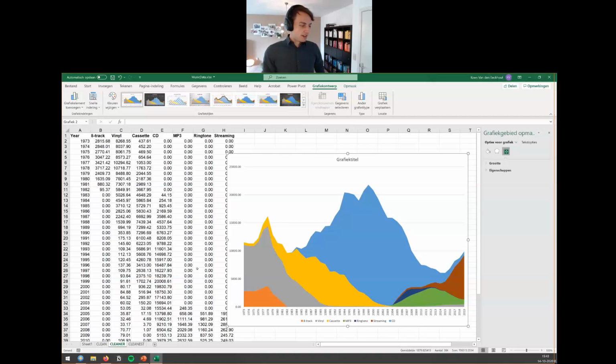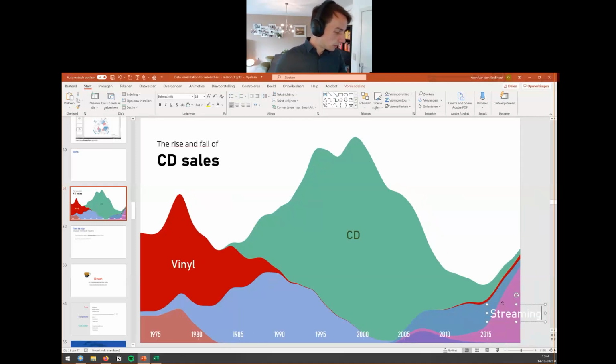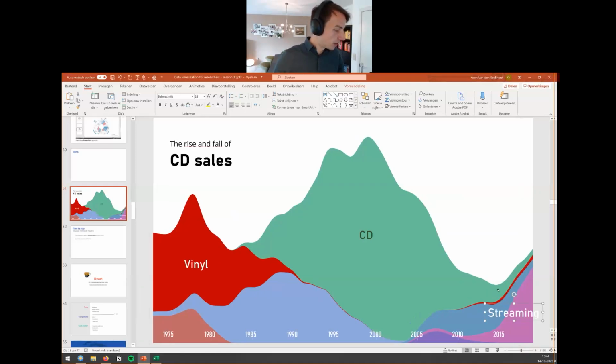Simply because it's something that really has to be quite custom. It's easy to place a label here for CD and for vinyl. But streaming is already a different case. This is the purple one here, and we can't simply put streaming here because it takes up too much space. So now we have to start deciding: maybe we can make it smaller, maybe we can rotate the label a little bit so that it fits inside the category,